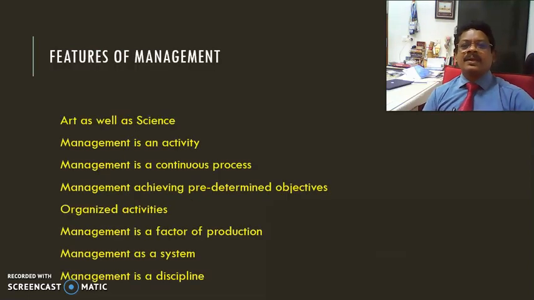If you see the features, management is considered as an art as well as a science, right? The manager is supposed to be very articulate because they deal with people, and you must be very diplomatic at the same time, and see that ultimately you are getting things done by using your artistic-oriented way of dealing with and handling the resources and people at the workplace. And it is also a science, right? How? Because it depends on logic, and there is a cause and effect to the process. So in that dimension, you can consider management as a science also.